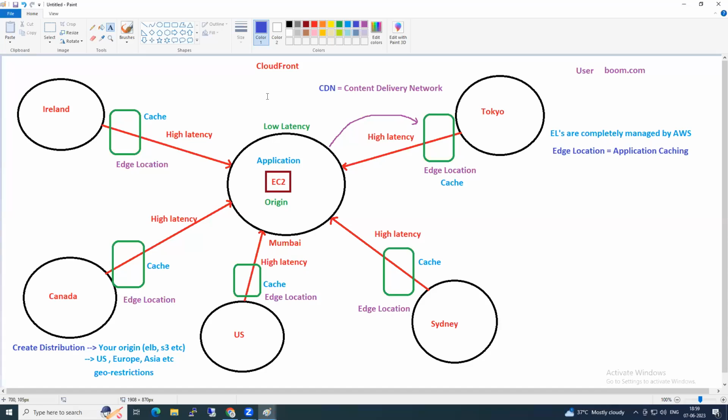Will AWS send the data through the internet? No, because it will be very slow. So AWS has its own network. What is that network called? CDN. The name itself says Content Delivery Network. Your content will be delivered using this network. All your application will be cached to the edge location using CDN. Simple.